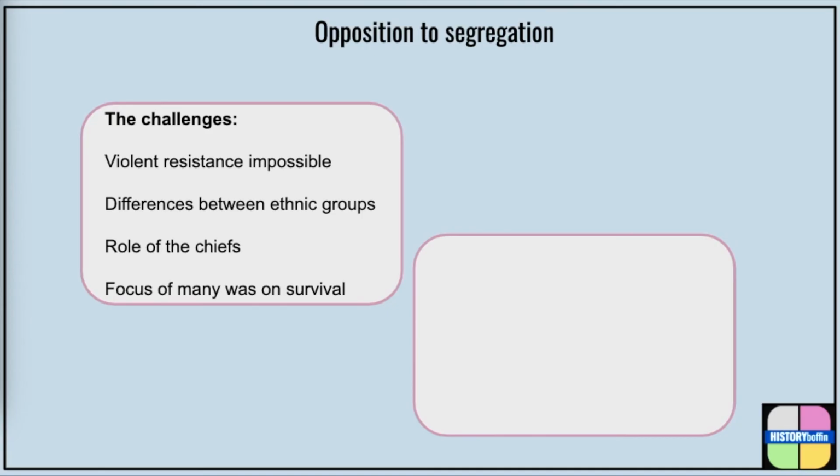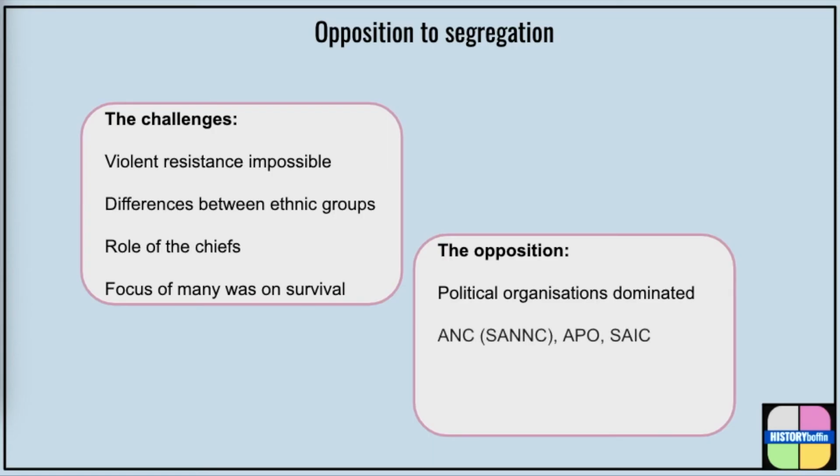That said, some opposition did slowly develop, and these were overwhelmingly political, with a very British attitude of representations and appeals, charters and negotiation. This was because the leaders of these groups were generally British educated and saw their own struggles as mirroring the 19th century political struggle for working class rights in Britain. The differences in status and aims of the various ethnic groups led to something of an ethnic divide in opposition